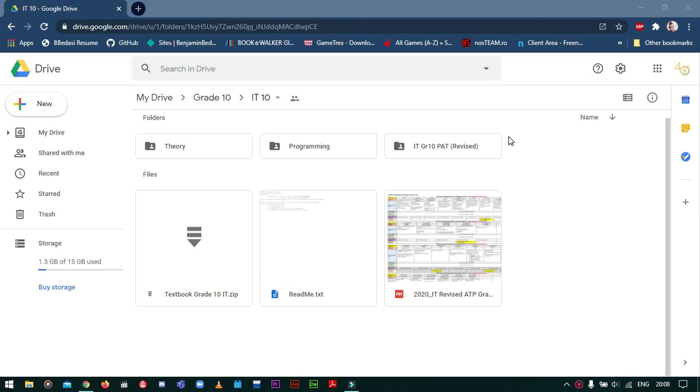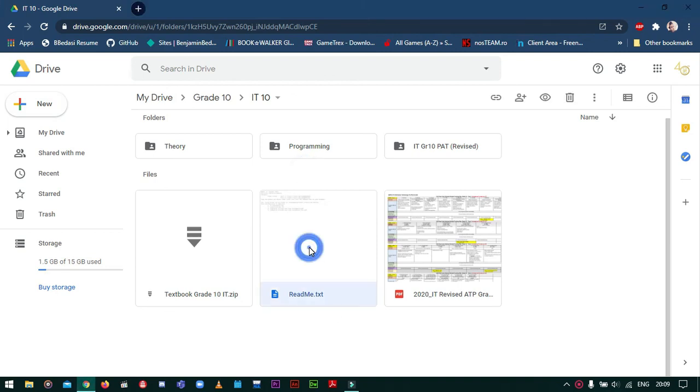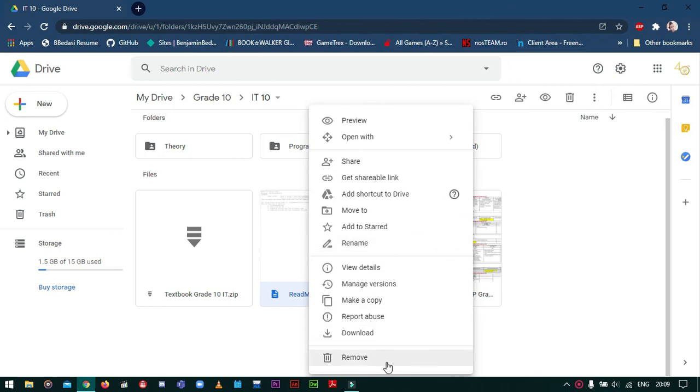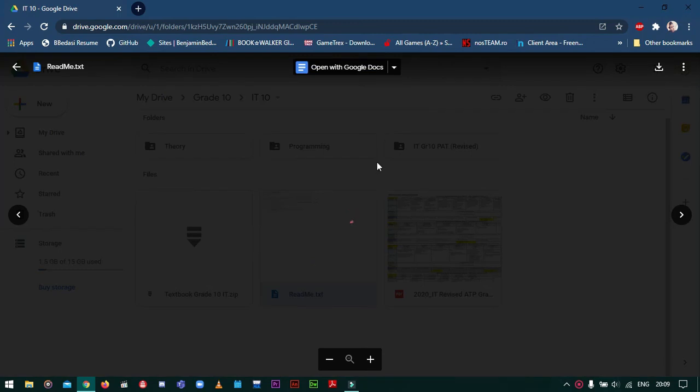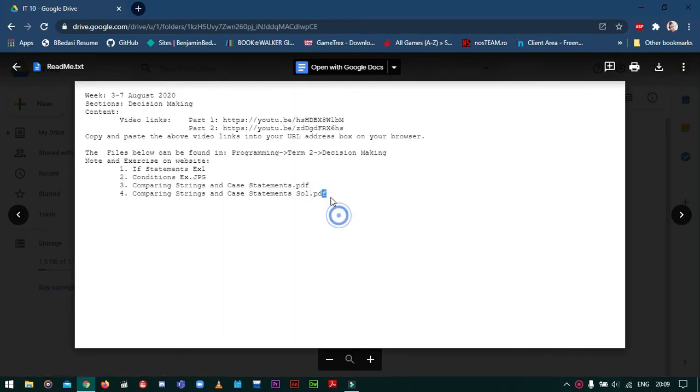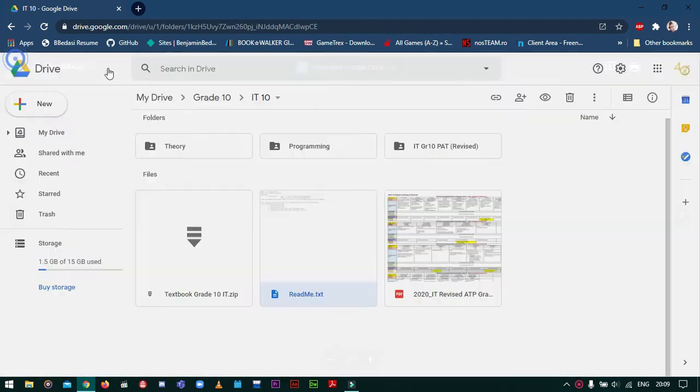Okay, say now it's the new week and you need to remove this README text and add a new README text to this repository. Quite simple. All you do is click on it, right click, and then choose remove, and then it's gone. And then once you don't see this README text here anymore, you can go and add in your new README text. I will not suggest editing this on this platform. In fact, I don't think you can. Let's see. No, you cannot. You cannot edit on this platform, which is good. So just delete it and then re-upload the newer